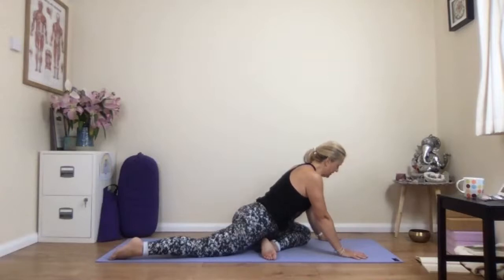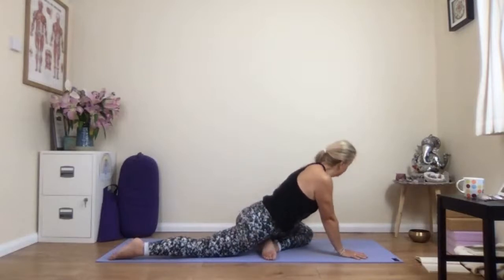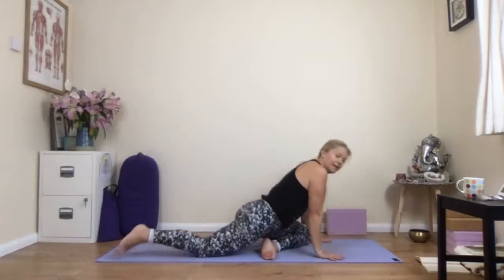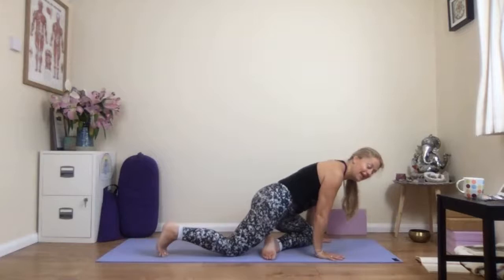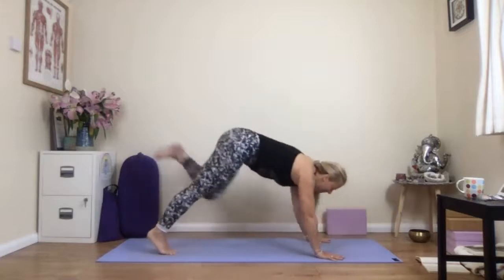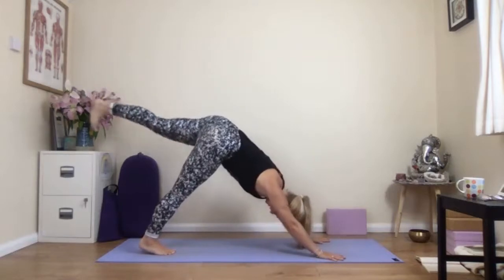So then very gently releasing and making your way back to your center. And tucking under the right toes, walk the right knee a little bit further in. And then when you come up, the left foot can lift up nice and long. And as you place it back down,